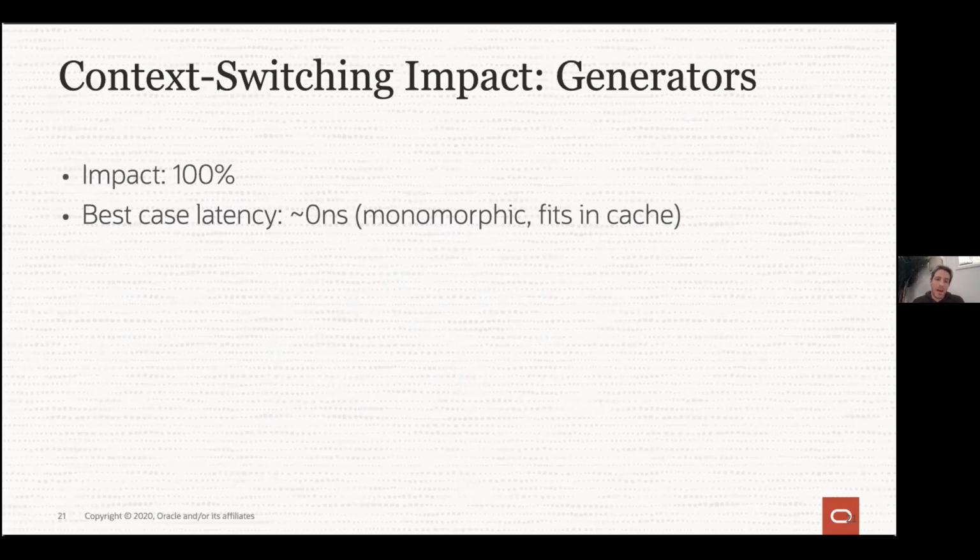We mostly care about the latency of the total traversal time over the data, because we're iterating with generators over some data. So if we take the processing time by the consumer and the producer to be 0, say that all they do is some trivial computation, just increment a number and give it back, then context switch is 100% of the total time. So its impact is 100%.